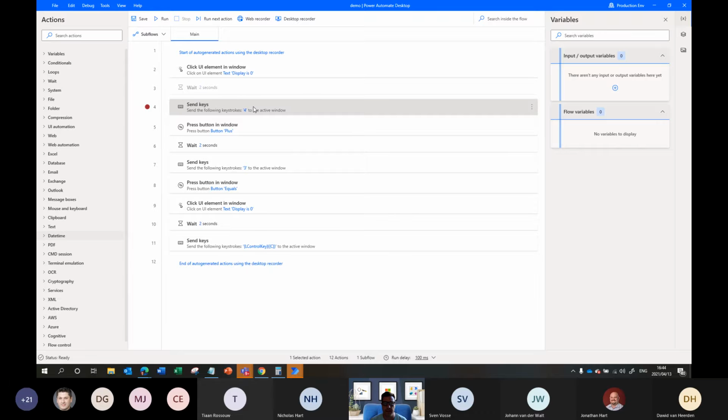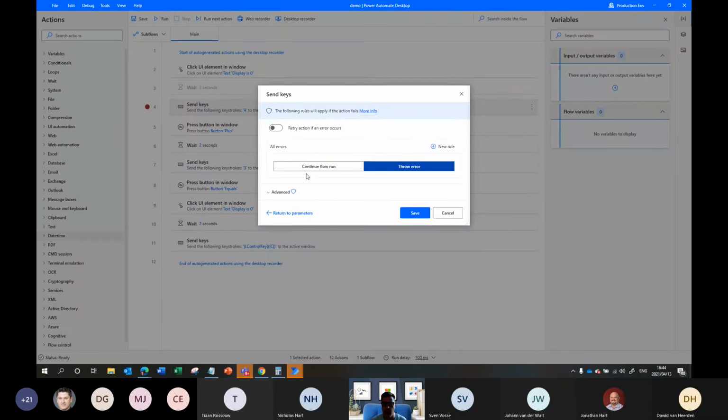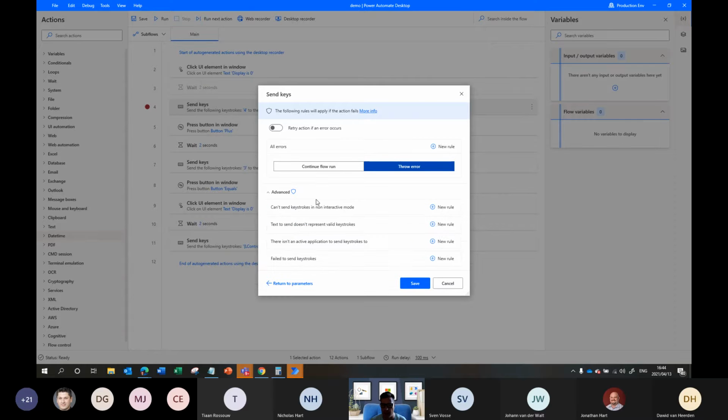You can also do stuff like handle what happens when something fails. For example, maybe here it was supposed to send the key 4 to the screen, but it failed. If I select this and edit this step, you'll see at the bottom there's something called on error. On error, you can determine what to do if that specific line fails. Either just continue running, or throw an error and stop the whole process, since there's no point carrying on. Or only do this for a certain reason why it failed. You can get quite specific depending on the action.